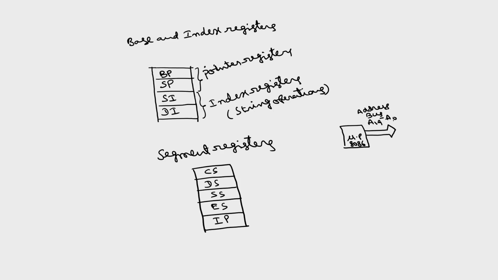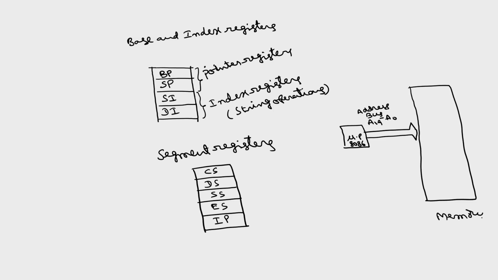The maximum memory that can be connected to this 8086 is 2 raised to the power of 20. So, the maximum memory capacity is 2 raised to the power of 20, which is equal to 1 megabyte. And the physical address of each memory location, 1 megabyte means we start with 0000H,